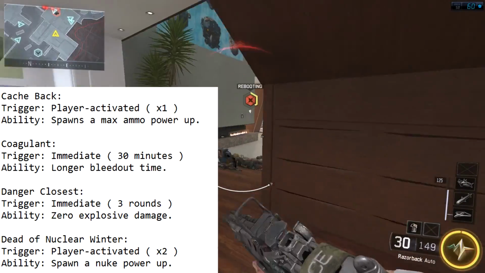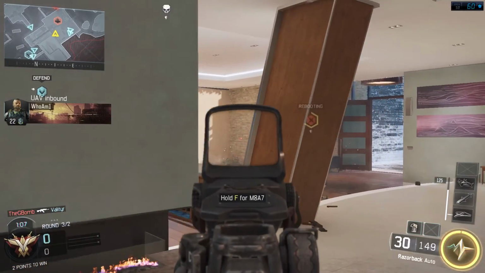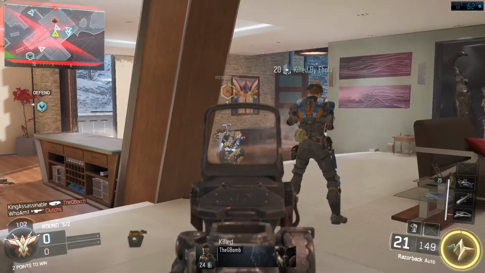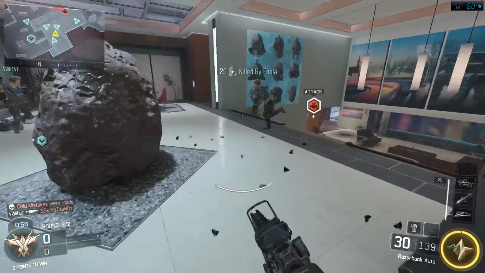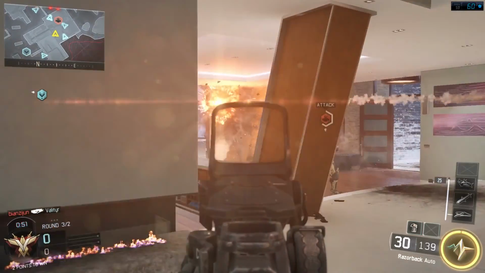Dead of a Nuclear Winter. This spawns you a nuke power up. So if you remember, we have different power ups within zombies: the nuke, the insta kill, the double points, and also the carpenter. This will spawn in a nuke power up. Apparently it's player activated and you can do it twice, so if you're in trouble you can just spawn a nuke power up, which is obviously really awesome, and then you can just kill all the zombies. Next one is called